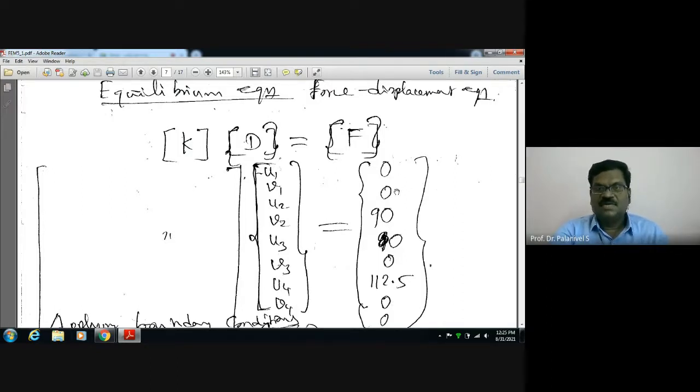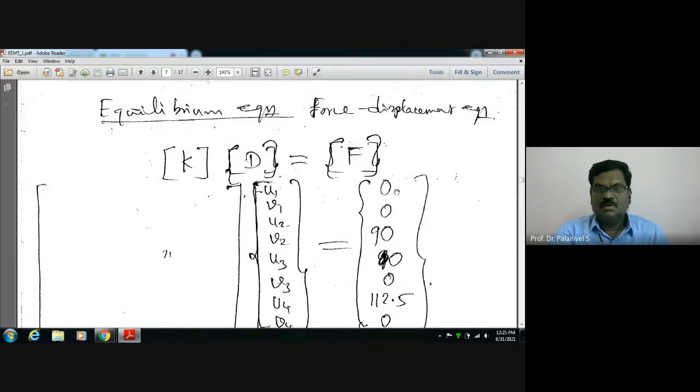What is the nodal force vector? At node 1, there are no forces acting, okay, 0, 0. Actually, a reactive force is acting, but for the time being we are writing 0, 0 because there will not be any displacement. Later we are going to neglect it. If you apply the boundary condition, U1, V1 we are going to remove. That is why you can even put a dash, some reactive force is there at node 1. That need not be written. You can just put 0 or put a dash here.